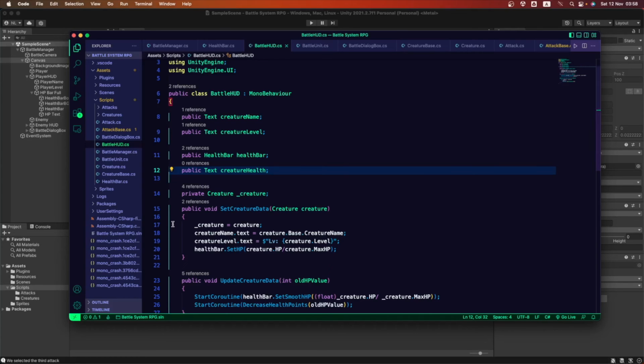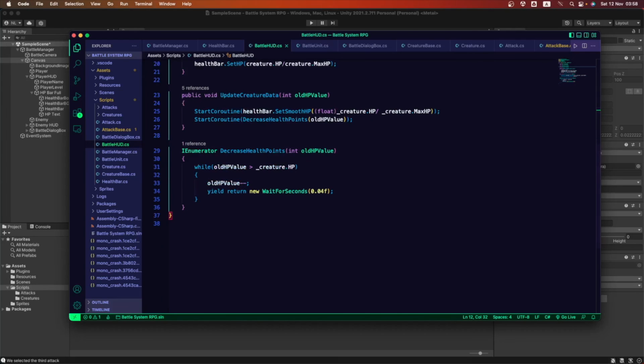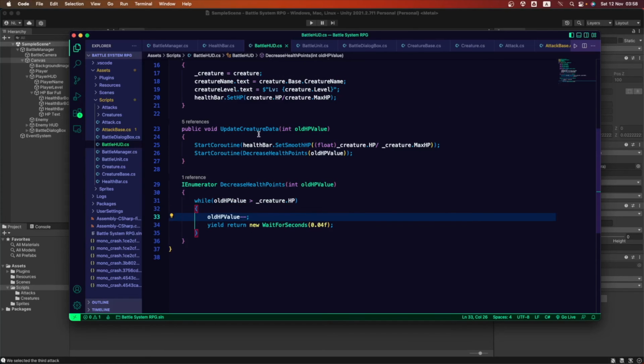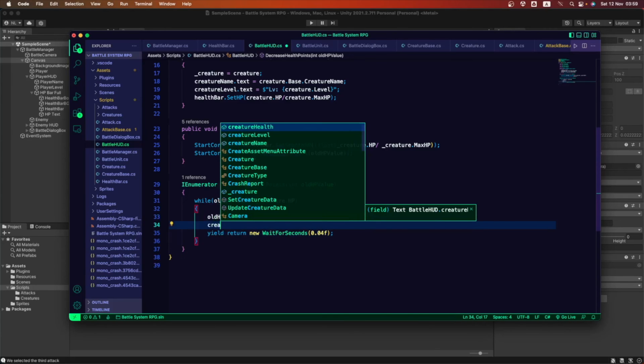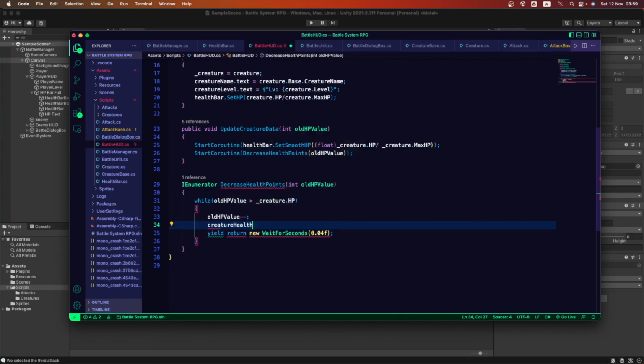And also let's go down here into our decrease health points. We wanna set, let me see, we're gonna be setting this here in update creature data. No, that is okay. Okay, so let's go into our decrease health points, and here we wanna do inside this loop, after we decrease the health points, we wanna go updating that creature health text data.